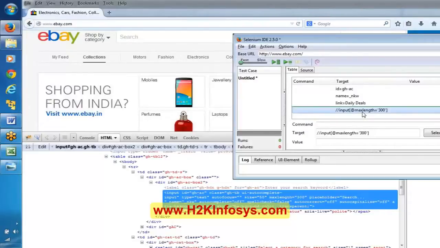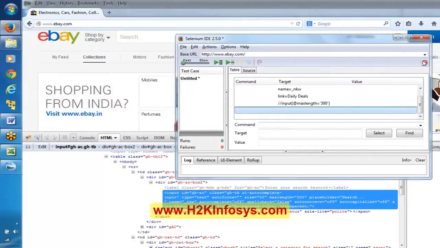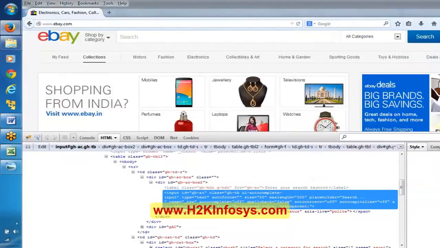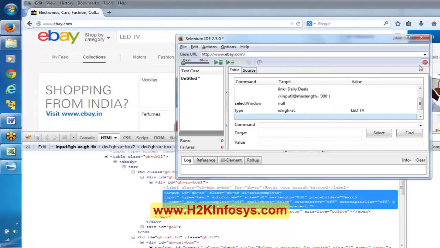And moreover, in coming days, if you really want to use XPath, what you can do is simply click on the record button here in this Selenium IDE. Just click on record and record whatever object you want to build XPath for. Say in this case, I want to build the XPath for this search button. Say I don't have ID, I don't have name for this particular text box, and it is not a link. So obviously I have to depend on the XPath. So that is the reason I'm recording. Now let me stop the recording.